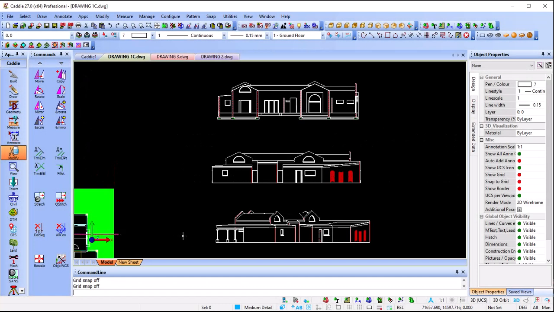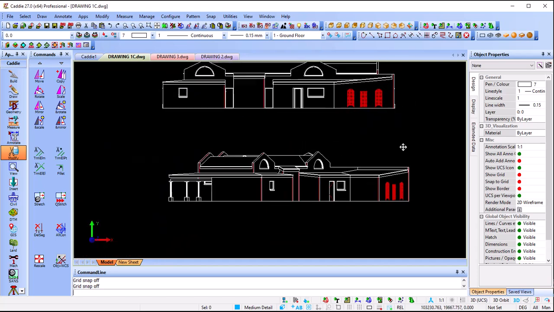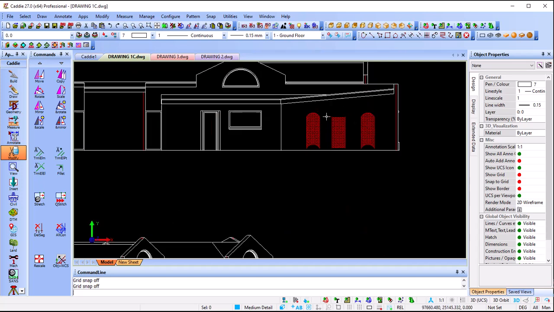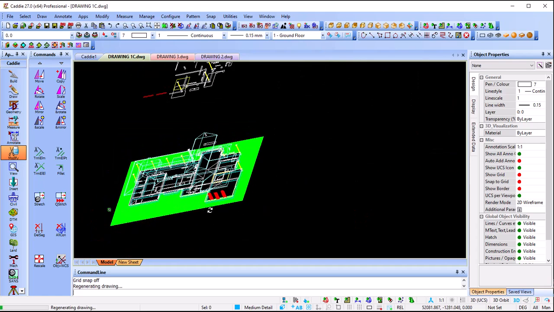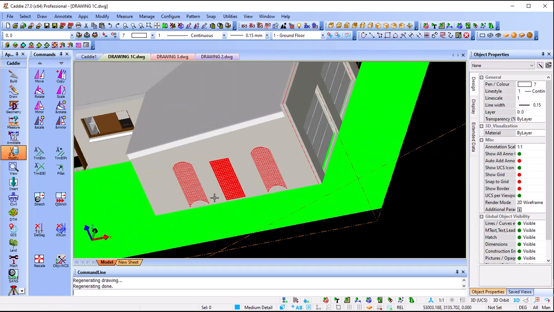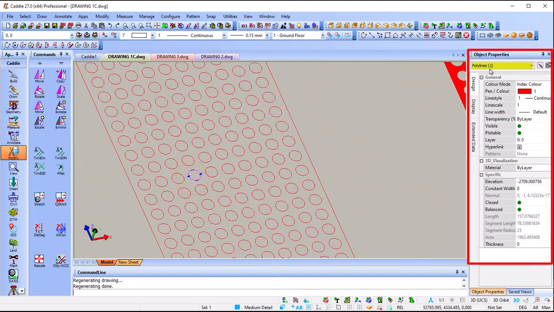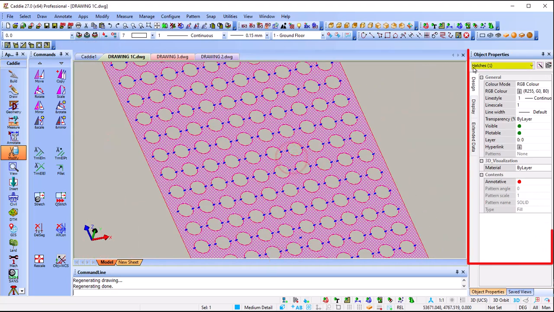You can also filter objects when creating a section or an elevation. As you notice over here, in the elevations that we've created, you can see that there's some stuff in front of my wall. Let me just show you where they are. You can see at the front. I'm going to zoom in. Now some of them are circles. If I select the circle, you can confirm that it's a polyline. Some of it is a hatch. You can see that is a hatch.